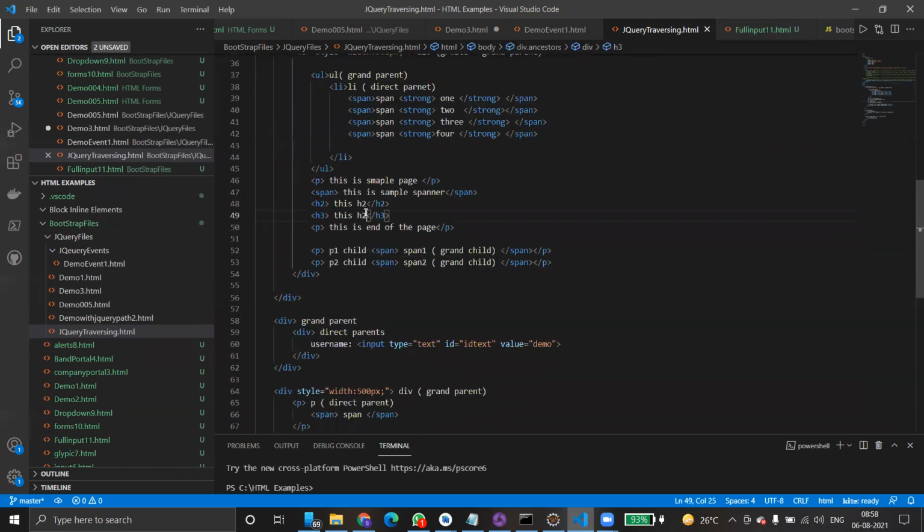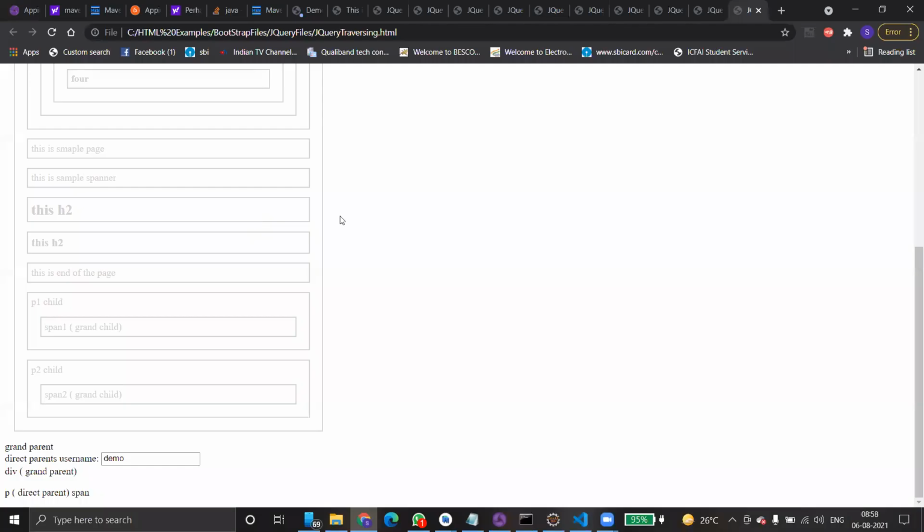So that means the immediate siblings, nextAll means after H2, H3 and a P is there, and a few more pages are there. P and these four things need to be changed to green color. Next to H2 means, got it? But it's not changing. I will check and let you know. H2, H1, page 1, page 2. All these things should be changed.